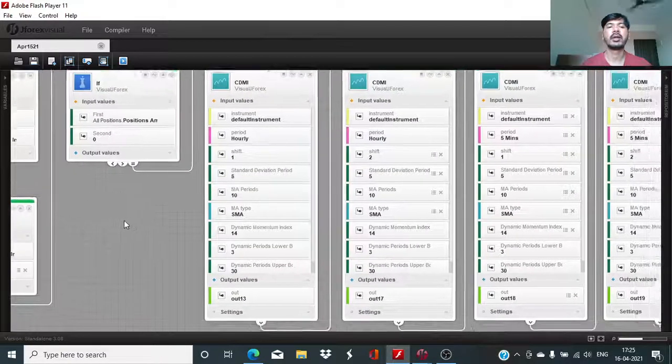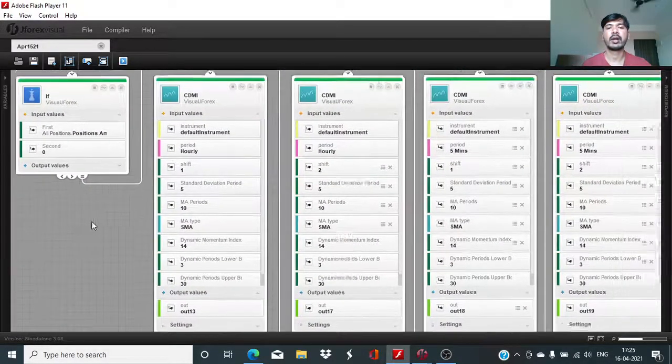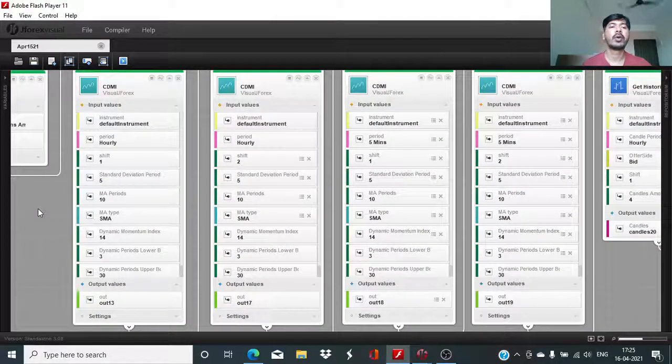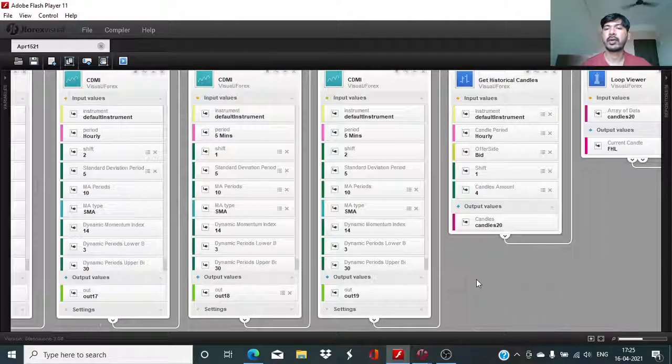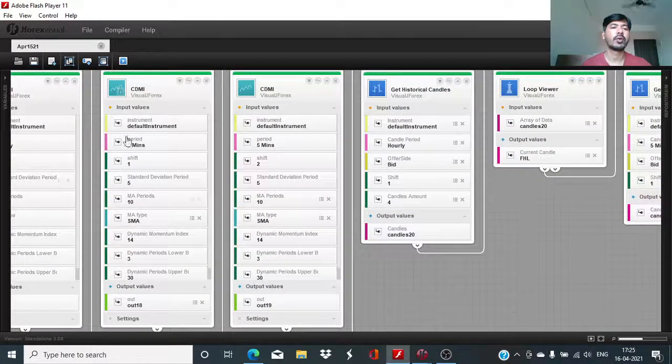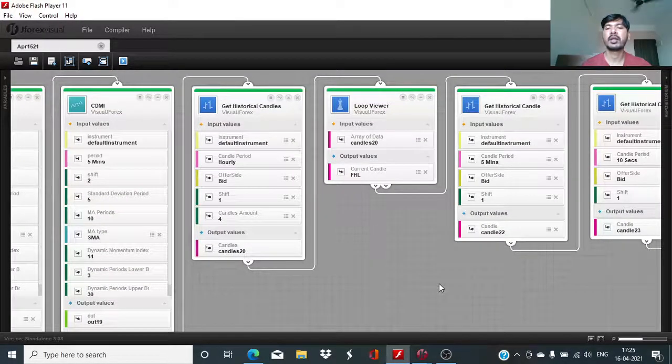In a prior session, I had added these blocks in which the instrument subscription for the Euro USD has been done and the position amount was defined at 0. Then these four CDMI blocks have been taken. First two are of hourly time frame, whereas these two are of 5 minutes time frame, and these four will be used in conjunction with each other to set the conditions which need to be in place prior to the